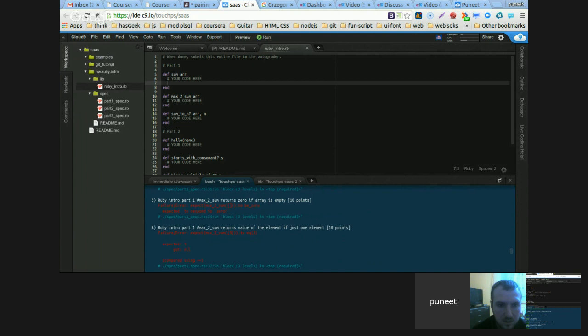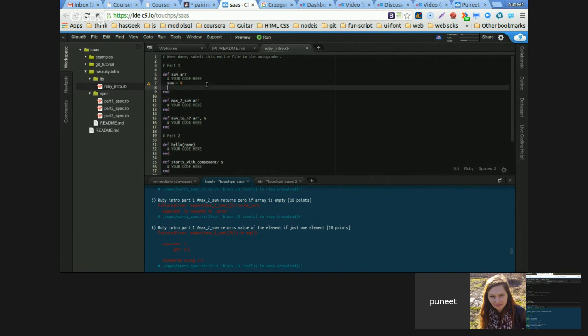Okay, the specification says to define a method sum which takes an argument array, an array of integers, and returns the sum of its elements. For an empty array, it should return 0. It should be easy. I'll initialize a variable with sum 0, and I'll use each to